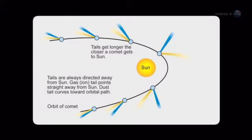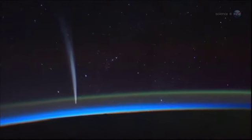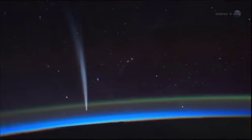Because this is Comet Pan-STARRS' first visit, it has never been tested by the fierce heat and gravitational pull of the sun. Almost anything could happen, says Battams. On one hand, the comet could fall apart, a fizzling disappointment. On the other hand, fresh veins of frozen material could open up to spew garish jets of gas and dust